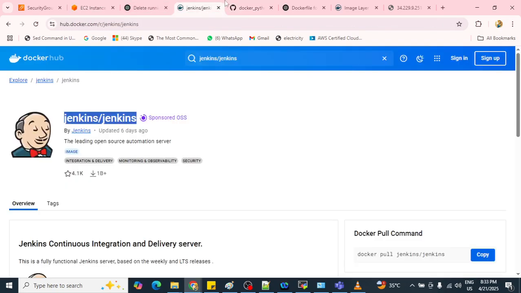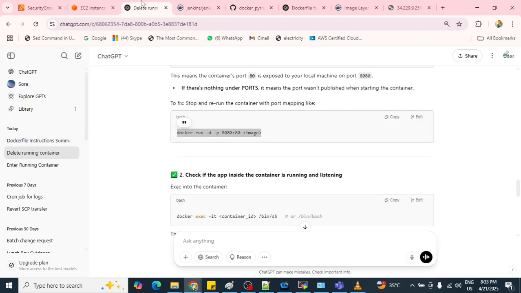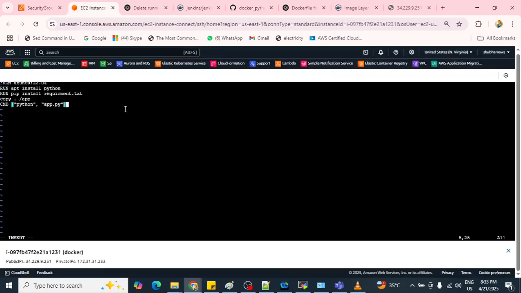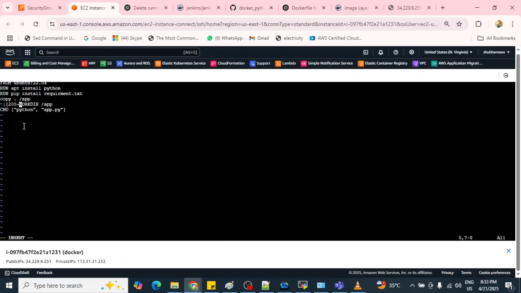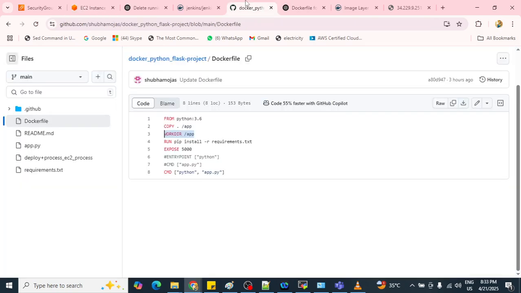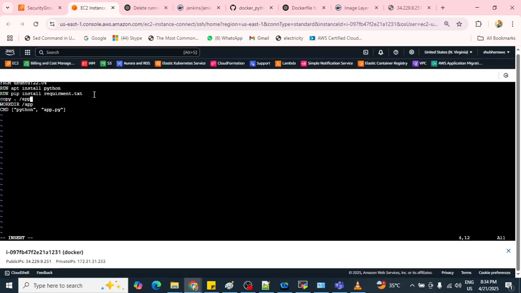You can also add WORKDIR after COPY, and copy python. EXPOSE if you want, you can also do it that way, no issue.